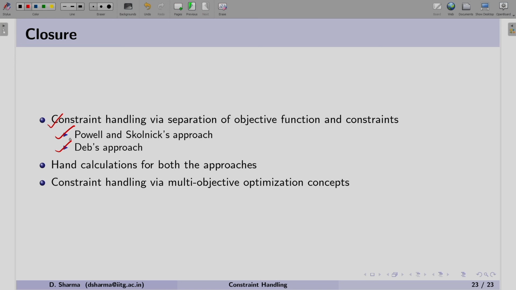In the first approach, we need the value of r, which is a penalty parameter. We also have to calculate the value of lambda using two solutions: the worst feasible solution and the best infeasible solution. But in the second approach, that is Deb's approach, we only consider the worst feasible solution. We don't need r, and therefore this approach is used with many EC techniques for handling constraints.